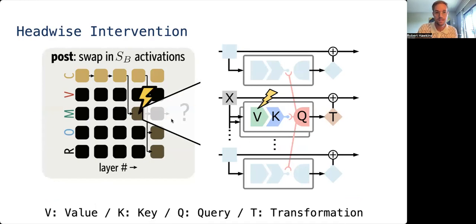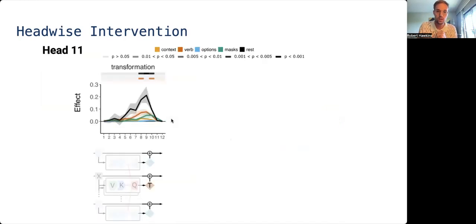The last thing I'm going to show you is the ability to go a little more fine-grained with these interchange interventions. So you can not just zap an entire layer's representation, you can actually go into the individual attention heads, okay, and ask what those attention heads might be contributing toward the mechanics of propagating this information from site to site. So we found extremely localized circuits going through particular heads. So this is a head that essentially transmits information